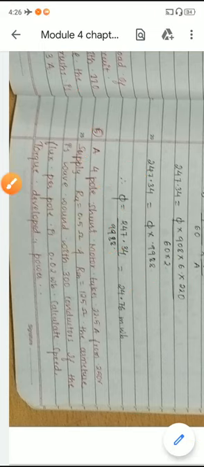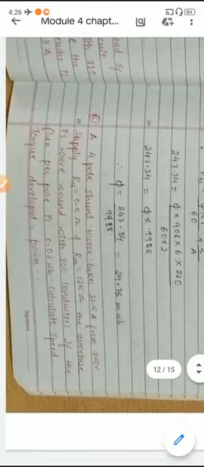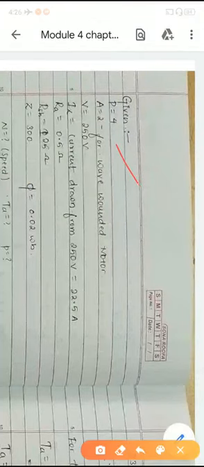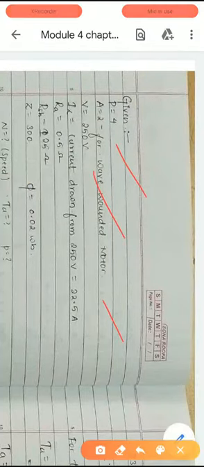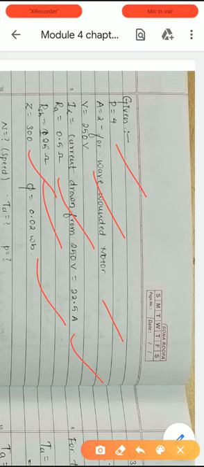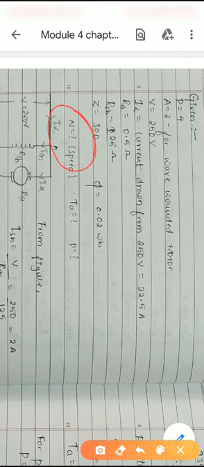Right? So already we solved these kind of problems, right? So in order to calculate speed, first we require back EMF. Therefore let us calculate back EMF first, right? So these are your given quantities, right? P equals to 4, A equals to 2, V equals to 250, IL equals to 22.5, RA equals to 0.5, RSH is equals to 125, Z equals to 300, phi equals to 0.02 Webers. We need to calculate speed, torque, power,